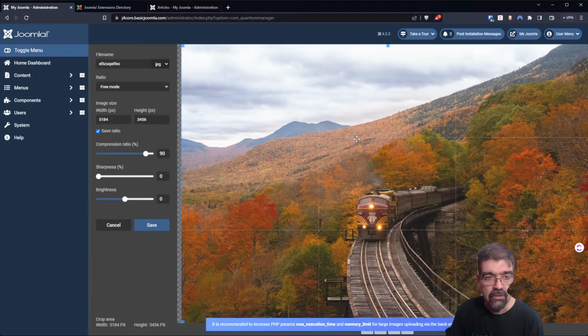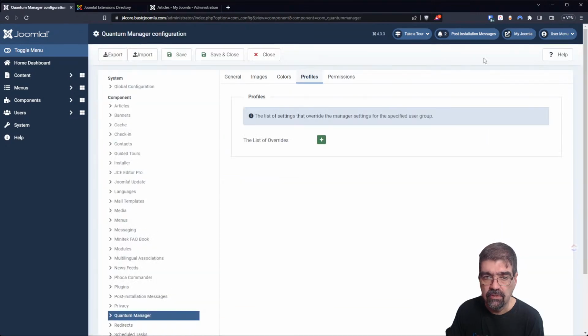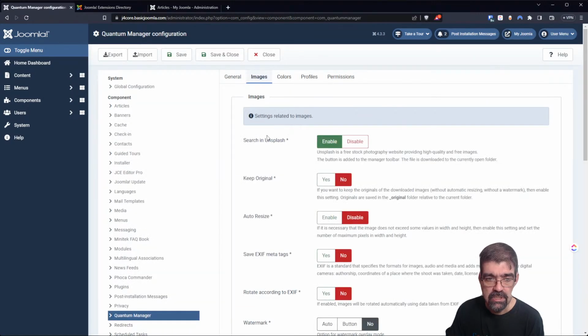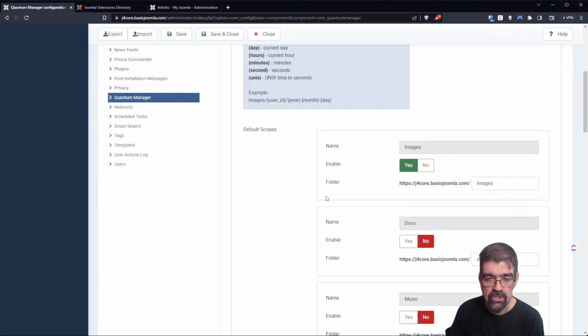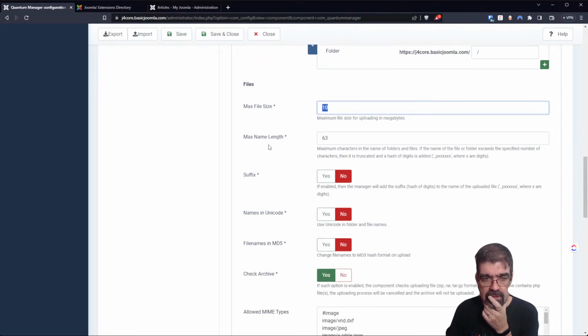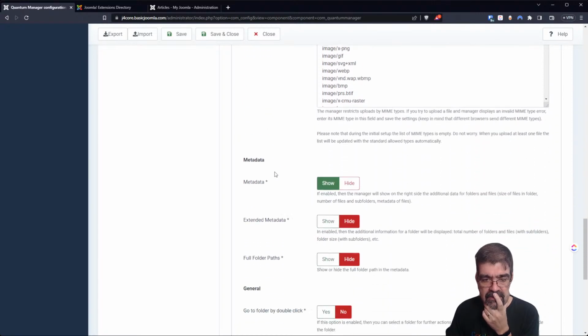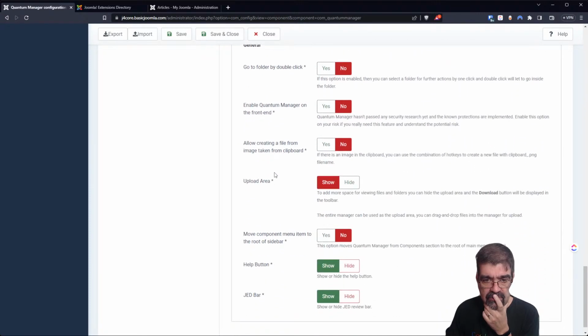You can set an auto resize for uploads. Oh, nice. Options, images. Is that in general? Oh, here we go. General default. Oh, max file size. There you go. Is that what you asked, Bjorn? Limit the max file size? Yes. You can limit that. Name length, names the Unicode. Check the archive and did we see? Oh,